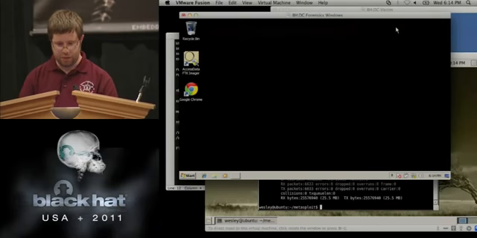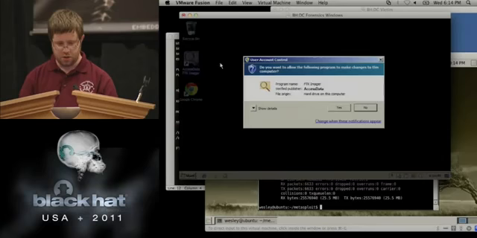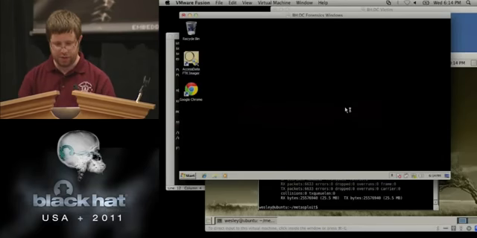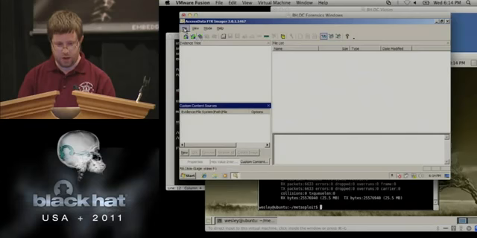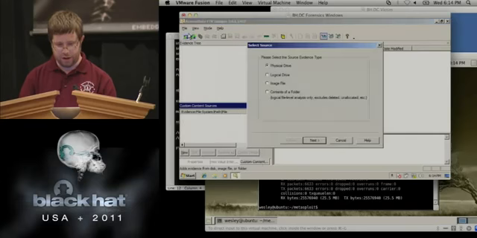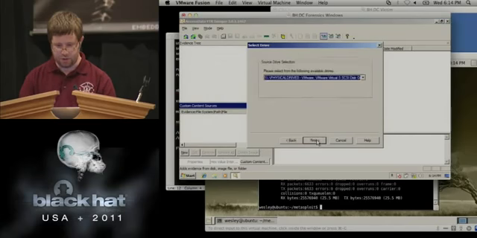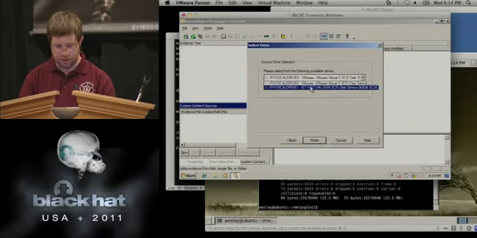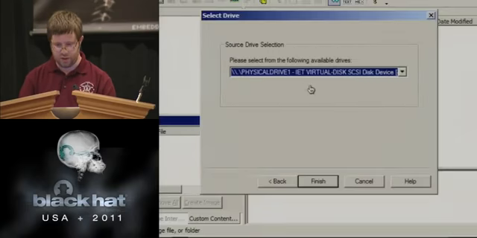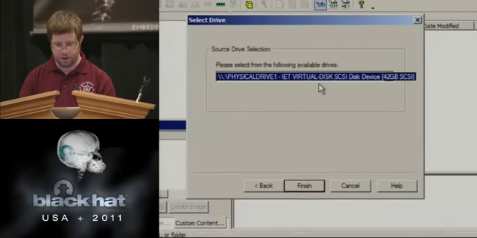And now we can load up FTK Imager, just like we train people to do, in a period of very little time. We're going to add it as a physical drive, and we're going to give it physical drive 1, which is the iSCSI remote device here.